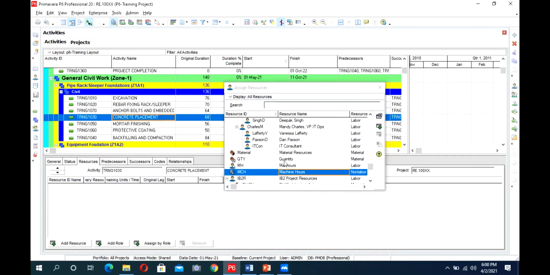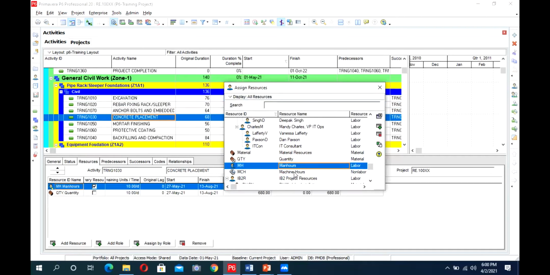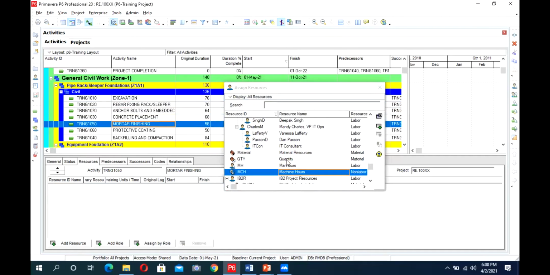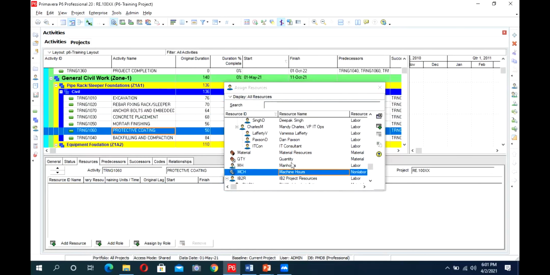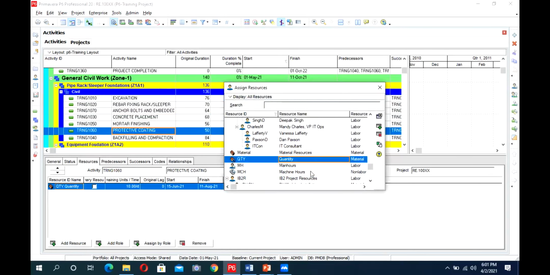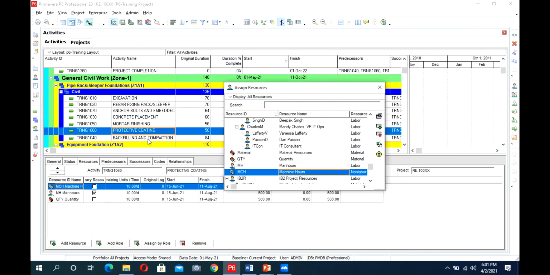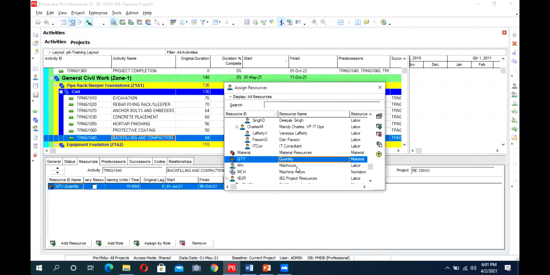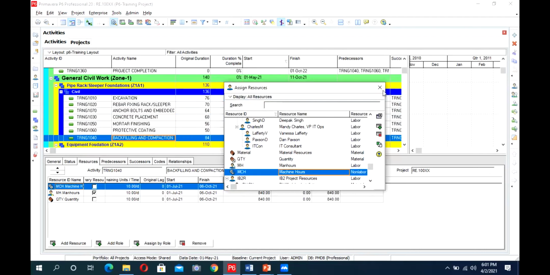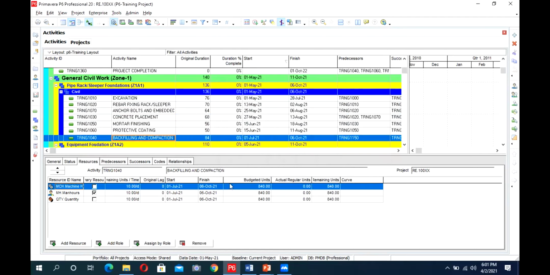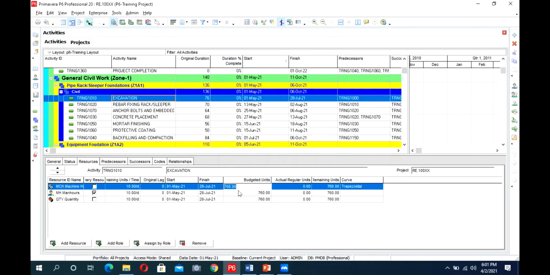So first I will add some resources here. Now I will give them the budgeted units. You have the budgeted units in your exercise.